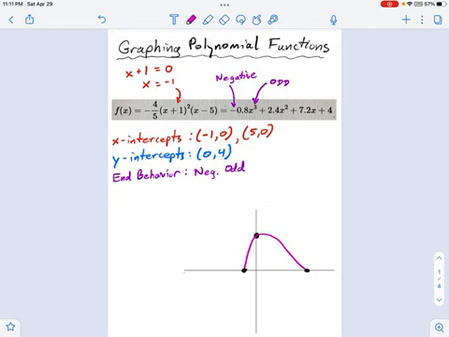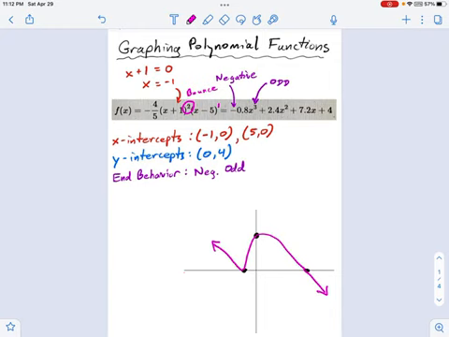Does it bounce or does it cross? So let's look at each one of these intercepts in turn. If you look at this x-intercept, see that 2 right there? That means that is a bounce. So when I get to -1, I go off of it, like this. I go shooting up to the left. But this one over here at x equals 5 has a single exponent, like a 1. That's an odd number. That means we cross. So we go down like that.